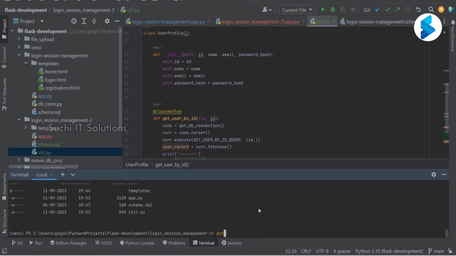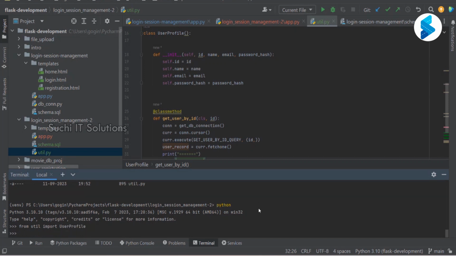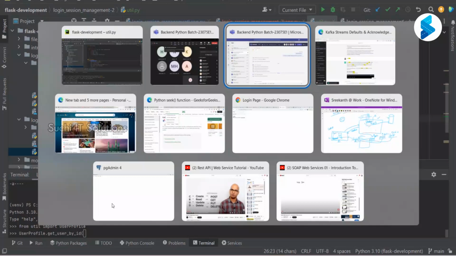I'm going to create, let me see what is the data. So from util import user profile. Right. Now what I'm going to do is user profile. It's a class method, so I can call it with the class name, right? UserProfile.get_user_by_id. And what are our IDs? For example,